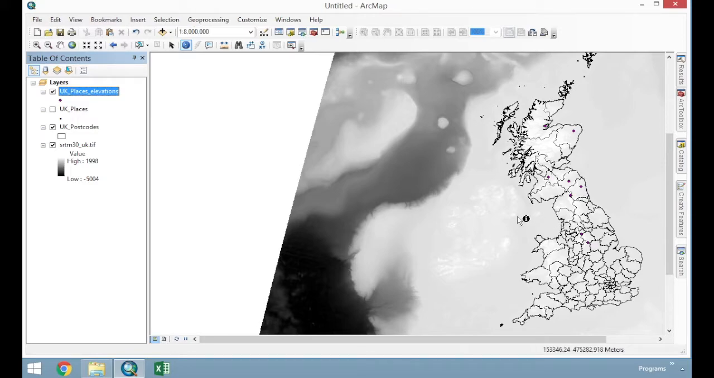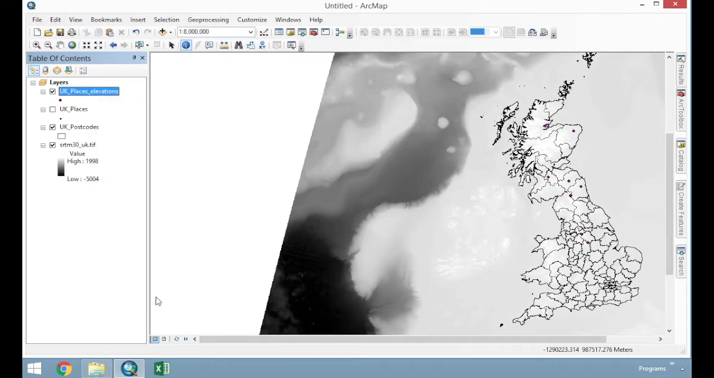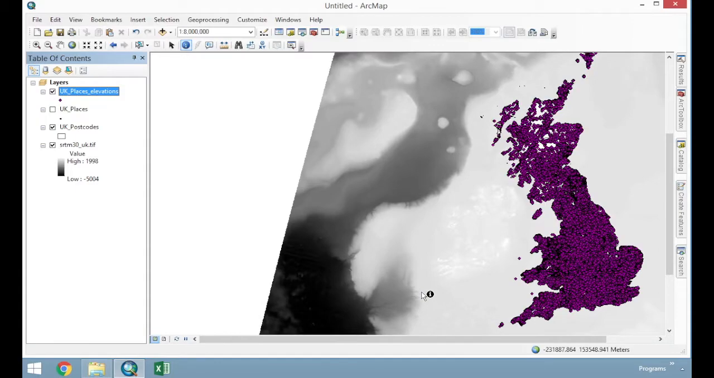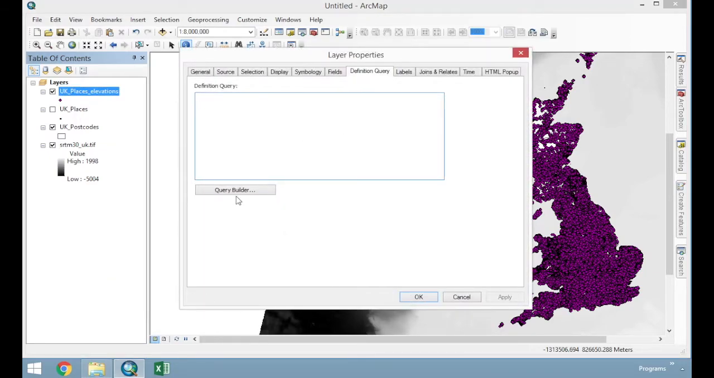So if you want to go back, or you want to change it, right click on the layer name, properties, and then just delete that query. From there, all your points come back. So definition query is a really powerful tool for visualizing certain elements of your dataset. Now we can use definition query to select multiple datasets and multiple fields. For example, we can